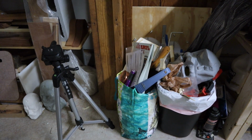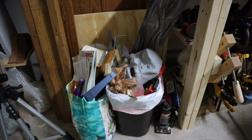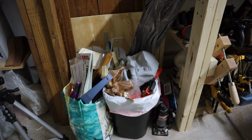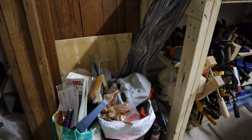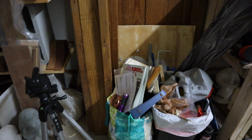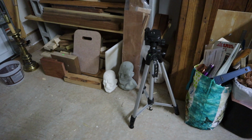Junk is useful for projects later. Garbage goes in the garbage. That mask right there, I'll figure out if I want to keep that. But that was just a garbage cast to clean out the mold and test it. It doesn't matter. But instead of making you look at garbage and junk for a while, there's a tripod,